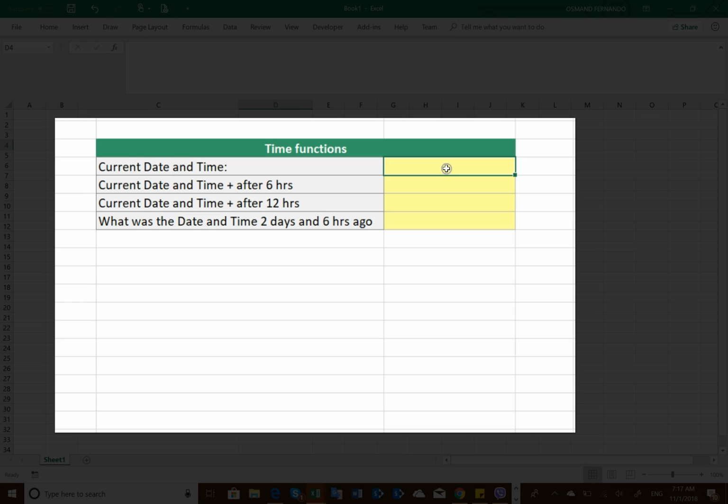Let's first take the current date and time, right? Equal NOW, open brackets, close brackets, enter. Now this is the date and this is the time. And also if you want to change this cell format, you can change it. I talk a little bit about that in lesson number